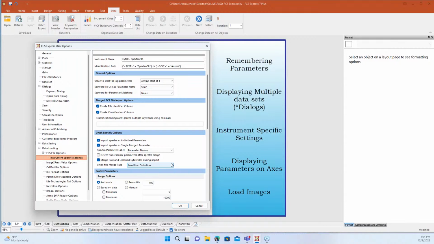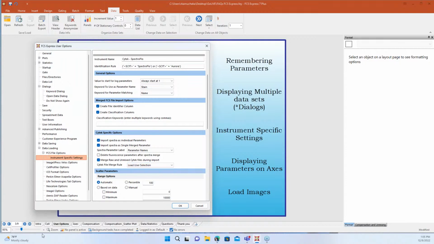Holly, how many times have you gotten this question? Over and over again. And I think it's important to point out that it says delete parameters, but it's not modifying your data files. So if you have that problem and you see that those parameters aren't there, it's just like Robin said, you can come in and uncheck that, reload the data, and then they will show up. So not to worry, we're not actually modifying your raw data, or your actual FCS files. This is an easy fix. It's just a matter of knowing where to go to fix it. Oh, I love that, because that is really important. We do not modify your raw data at all. We're simply telling the software not to display those parameters.